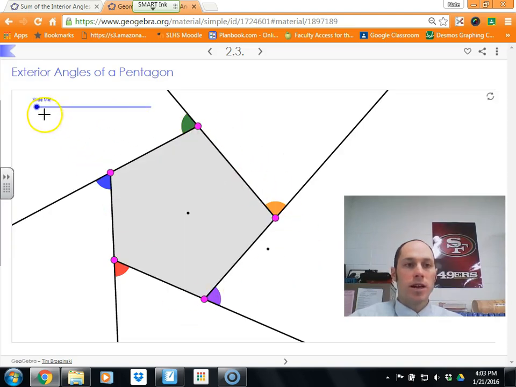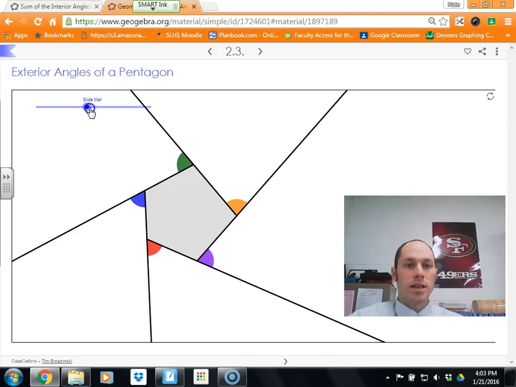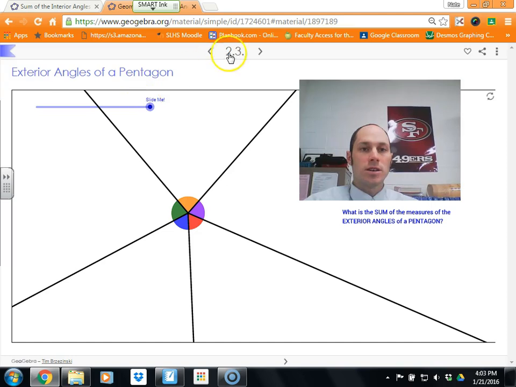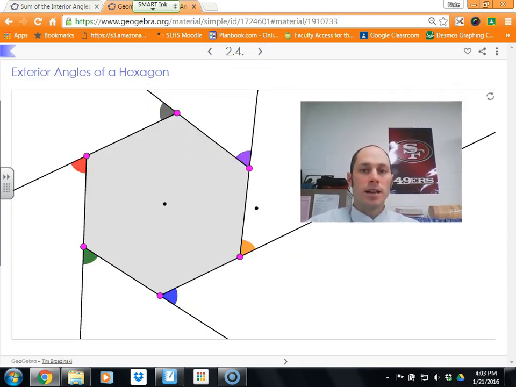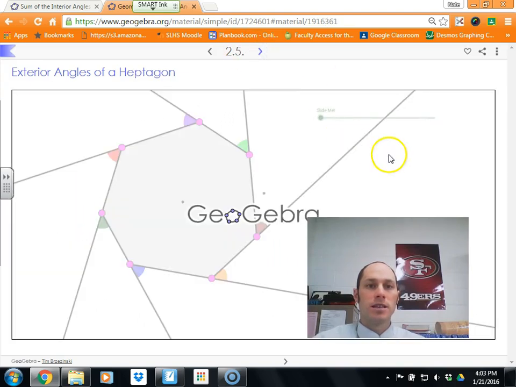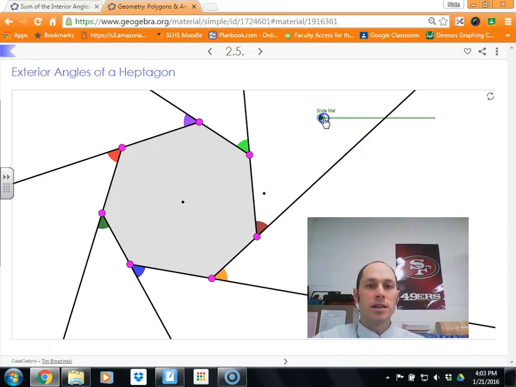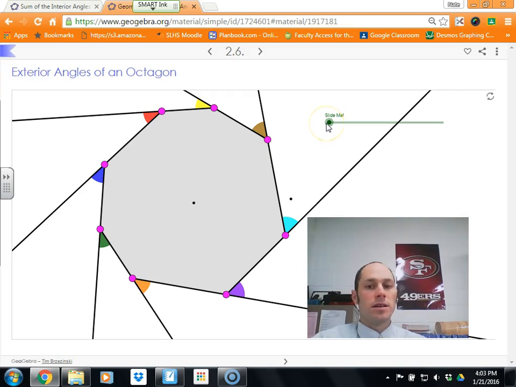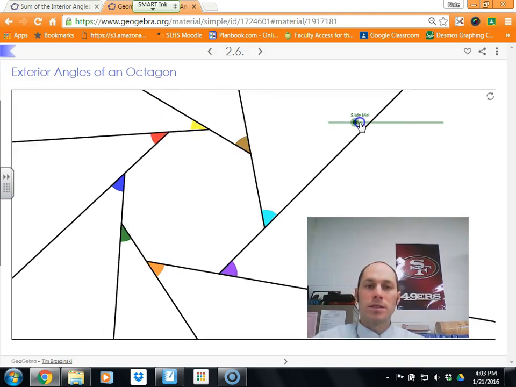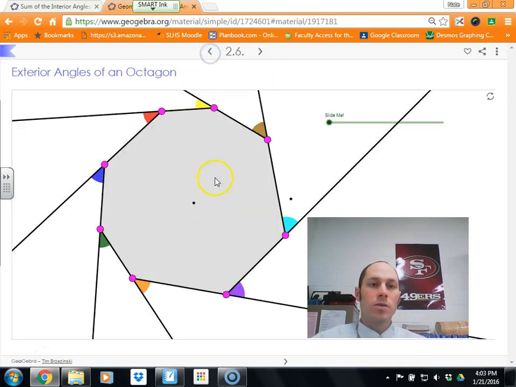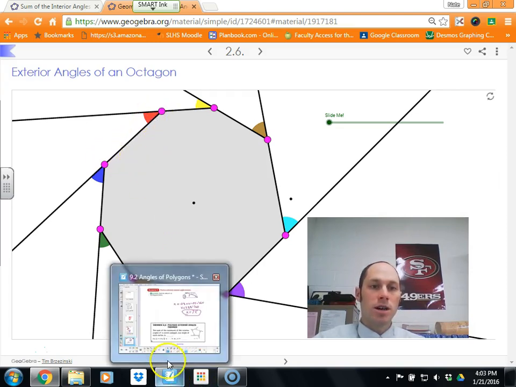Pentagon, here's my exterior angles. If I translate those angles, voila, 360 degrees. Hexagon, maybe you can guess. Exterior angles, 360. This is pretty simple. Heptagon, 360. Octagon, I don't know, this one might be different. Nope, 360 degrees. So I think we pretty much satisfied the idea that it's going to be 360 degrees always,